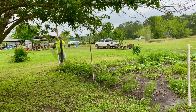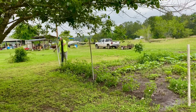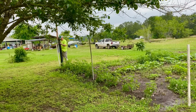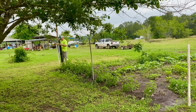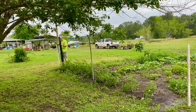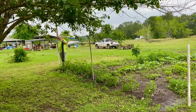Now this pole I intentionally leaned a little bit for tension purposes. The other one I didn't, because I wanted to see which one worked better. So we're gonna get this on here. Now I think what I might do